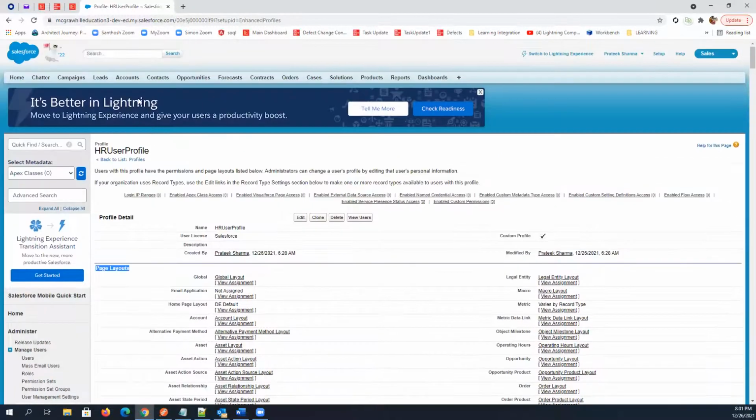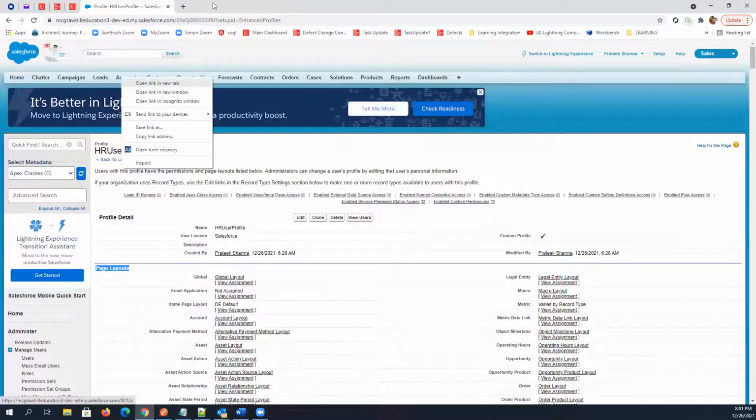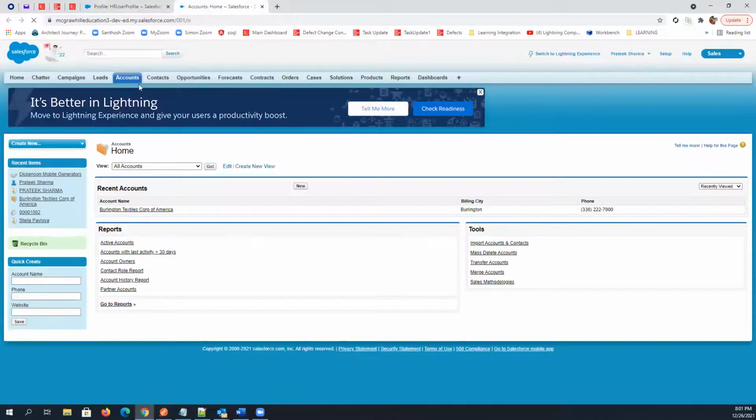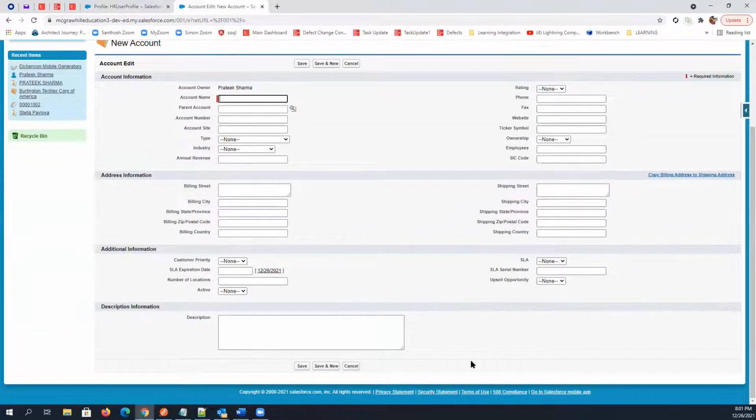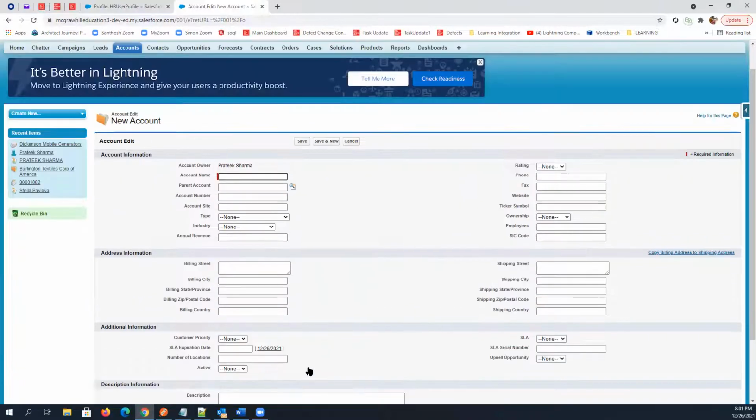So let's say I have this account tab open. I just clicked on the account tab, right? And if I click on the new button, then this particular page is called a page layout, right? In which you are just filling in the information and clicking on save, right?